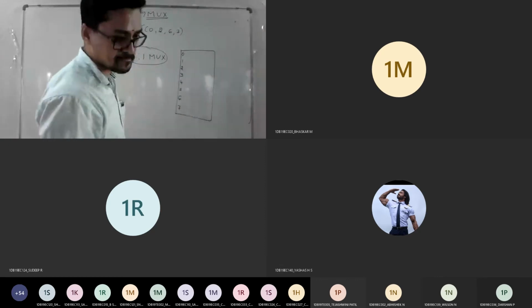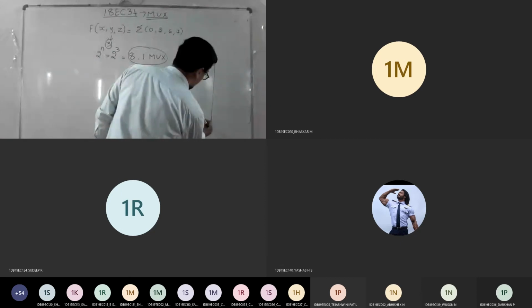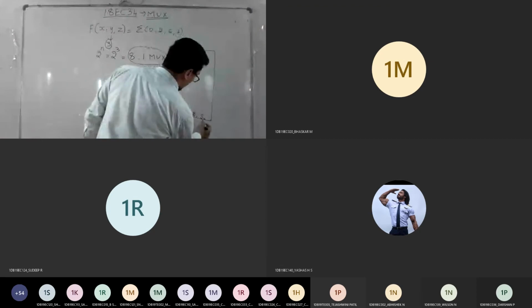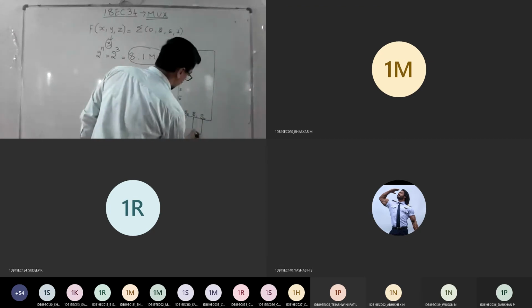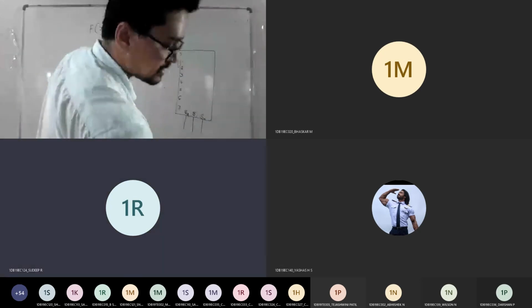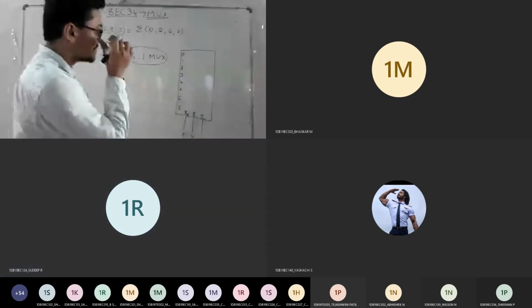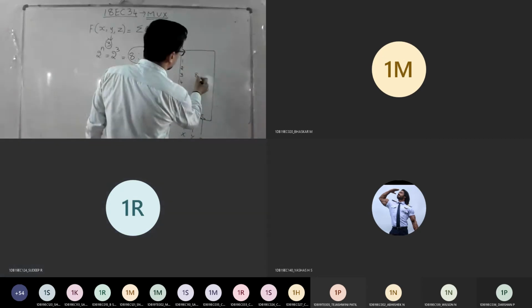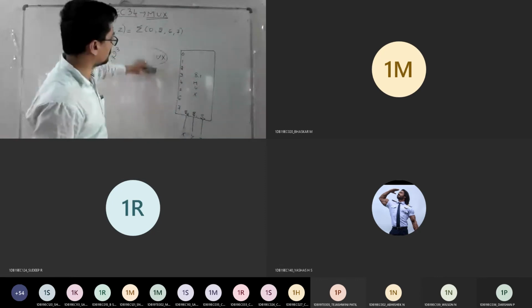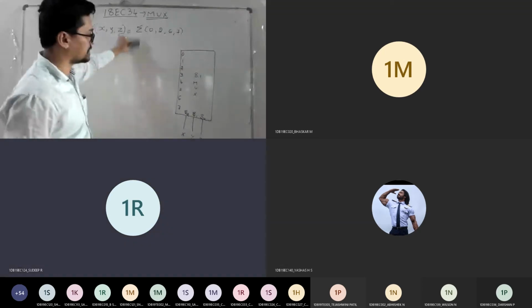Is it visible what I'm writing? Yes, sir. Then you have the selection pins, in general S0, S1, S2, and connections should be made according to the question. Here they have given X, Y, Z, so go with X, Y and Z. This is your 8 is to 1 mux. We still haven't gone through how to realize our implementation; we just went through simple things after knowing the given question. Any doubts till here?